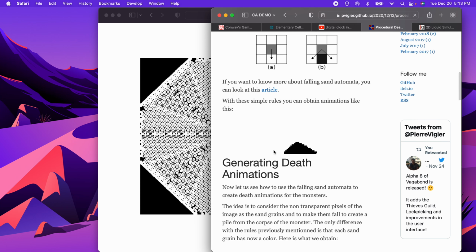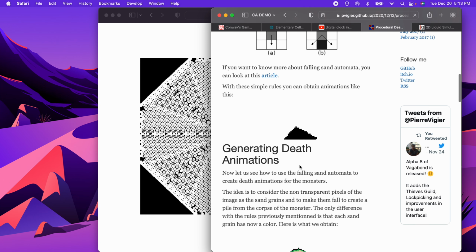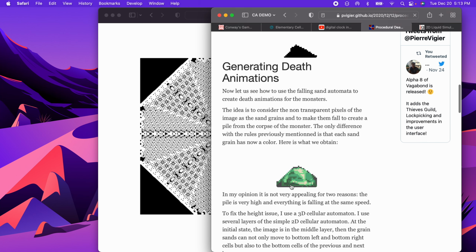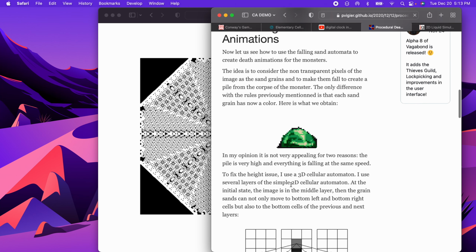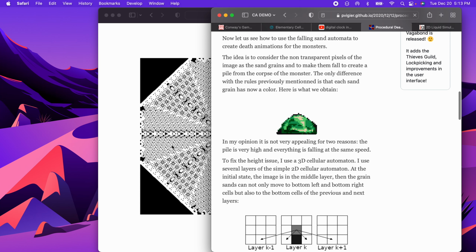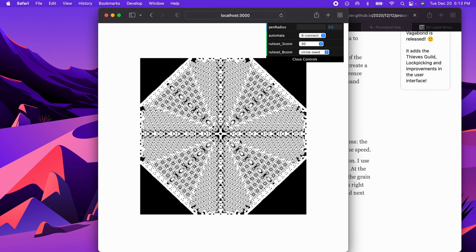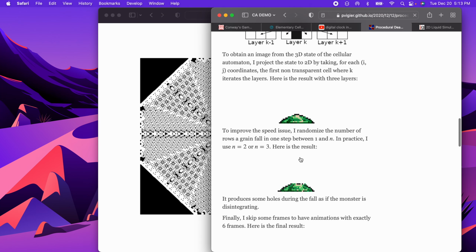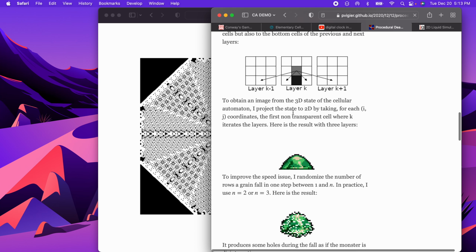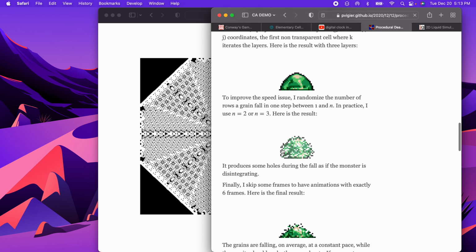But I tried doing it, and I'll explain later why exactly it didn't work for me. But I think it's really cool how it's not just this novel idea of, ooh, cool pattern, wow. It actually has applications. So what this guy did is he used that sand automata, and he made some modifications